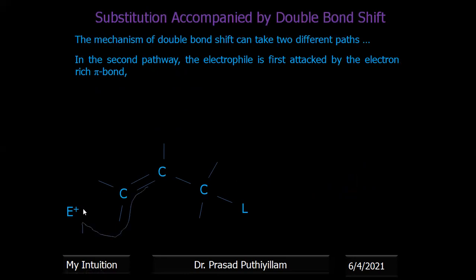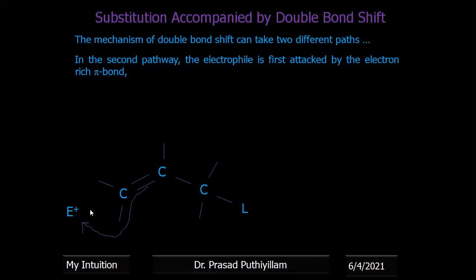So when these electrons, this bonded pair of electrons of the pi bond, any one of them you can treat as a pi bond. If this is a sigma bond, the second one is the pi bond. Any one of them we can treat as pi bond, the other one will be sigma bond, because this is a two-dimensional representation. So these two electrons of this pi bond, sidewise overlapping, will come to the first carbon, where the electrophile wants to join.